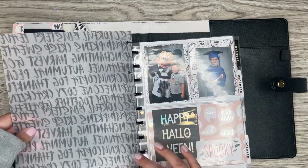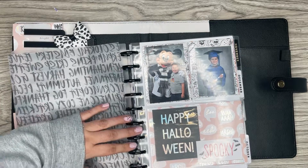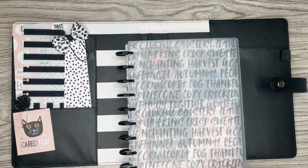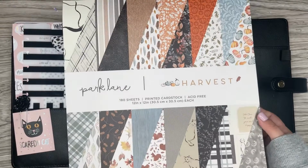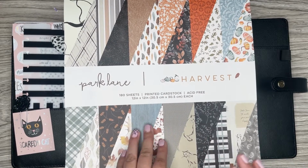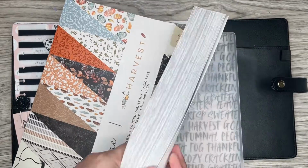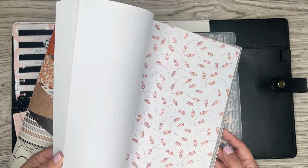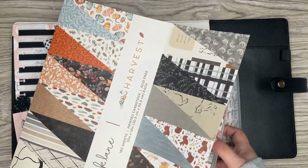Okay, and then this I was going to put in here. But I really like the way it looked layered with something else. So I think, well, I have a bunch of paper that I got from Joann's. This is the Park Lane one, and it's the Harvest collection, so it's perfect for fall. There are tons of patterned ones in here that I can pull from. Pretty sure I'll be able to find something. So I think what I'm gonna do, actually let me put this off to the side for now, and I'm gonna take this vellum out